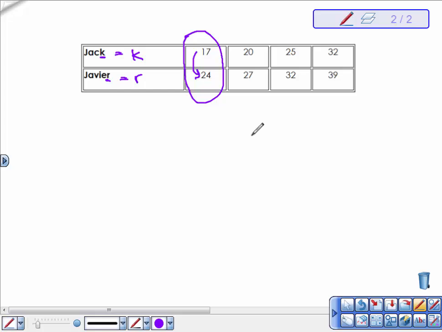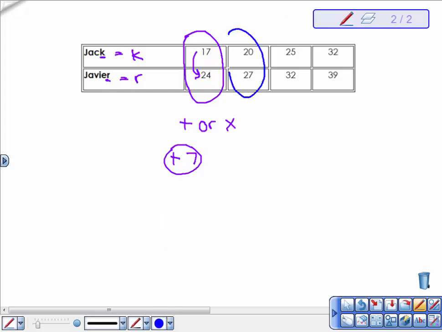First, I have to figure out if my numbers are getting bigger or if my numbers are getting smaller. Well, I see that my numbers are getting bigger, so I'm either going to add or multiply. That's the only way to make a number bigger, to either add or multiply. Now, I can add 7. That's how I can get from 17 to 24. Or I could multiply, but again, I'd end up multiplying by a decimal. It wouldn't be a whole number. So I probably won't be multiplying. We're probably going to add, but I can't know that that's true until I've checked my rule using another set